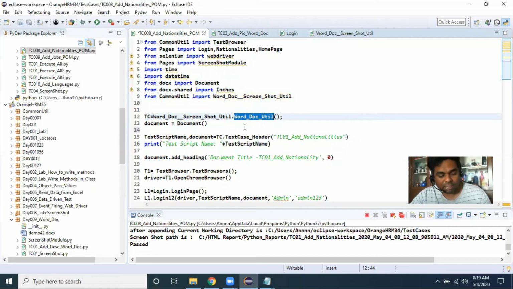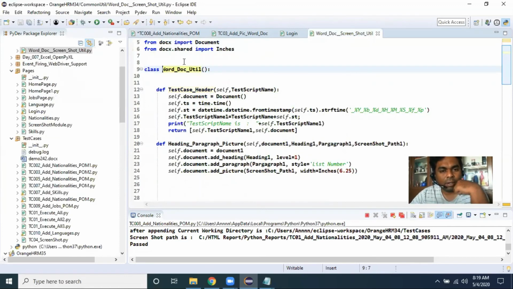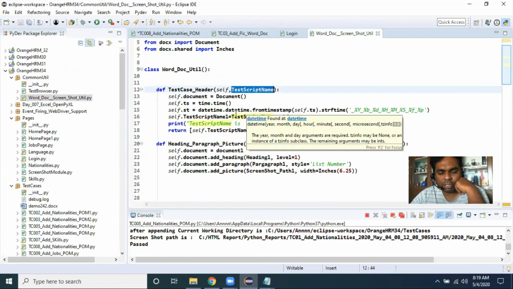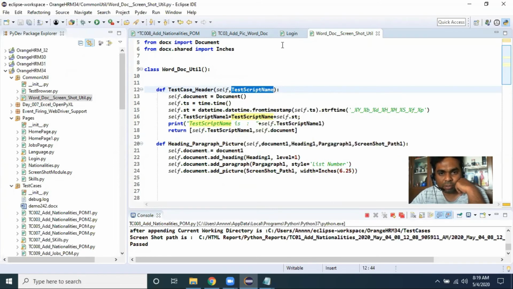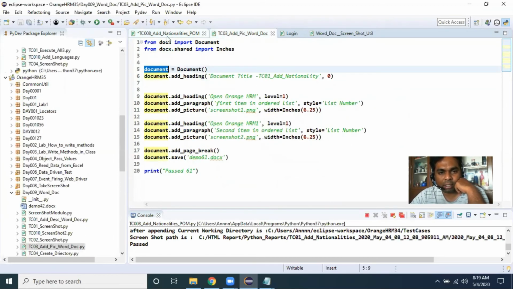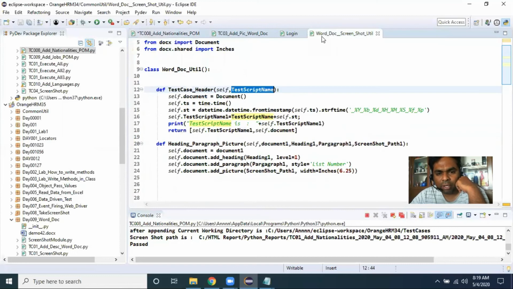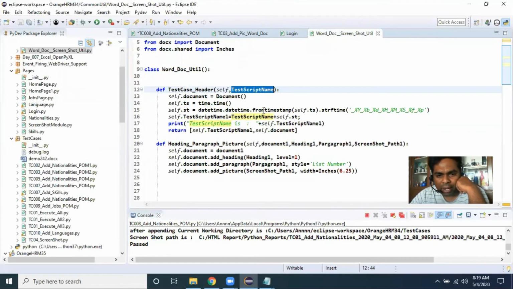This is the customized class I have implemented in my common util. We need to understand what these methods are doing. The test script name I'm receiving as the input. Whatever test case name I'm creating, suppose the test case name is TC01 add nationalities, this is the input data coming to this method.